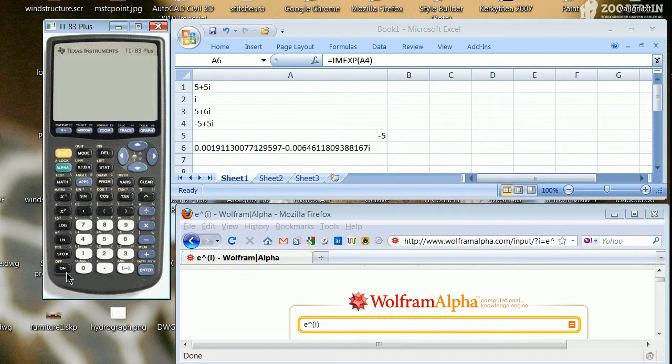Especially when you look at the calculator, which is on the left here, the TI-83, and the fact that pi, e, and i, they're all second functions. They're not placed at a very easy spot to get. That said, the great thing about the TI calculator is that in fact it has functionality